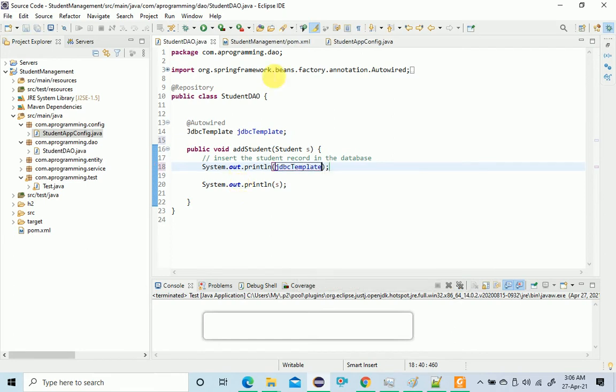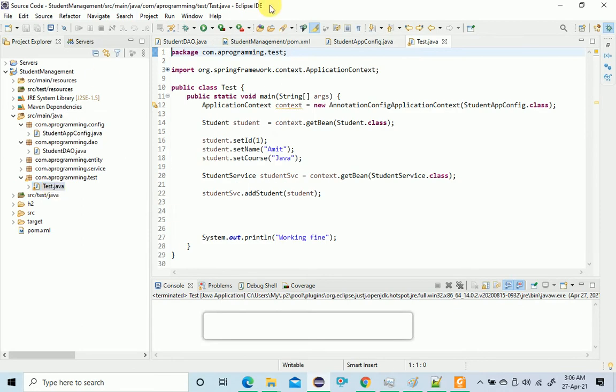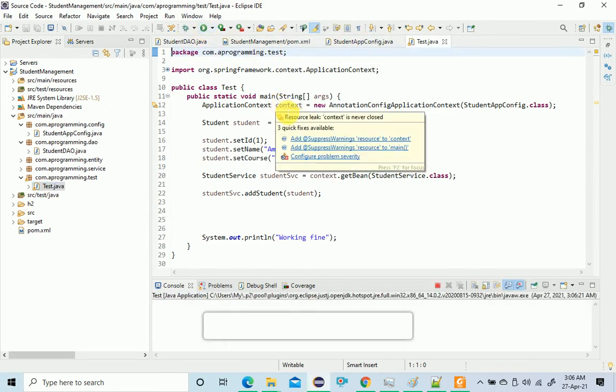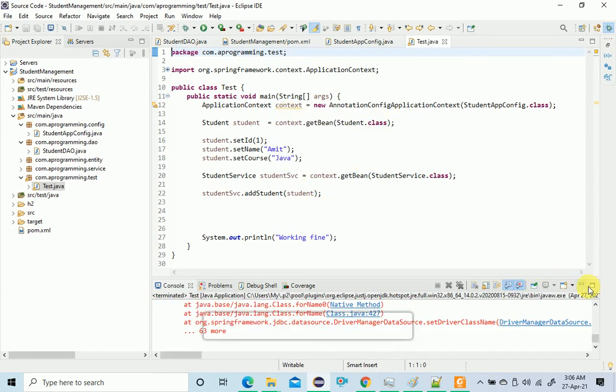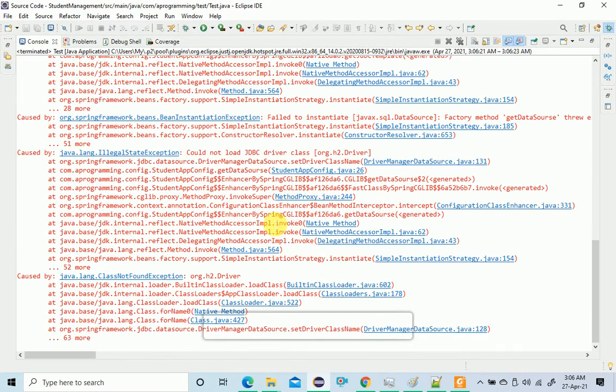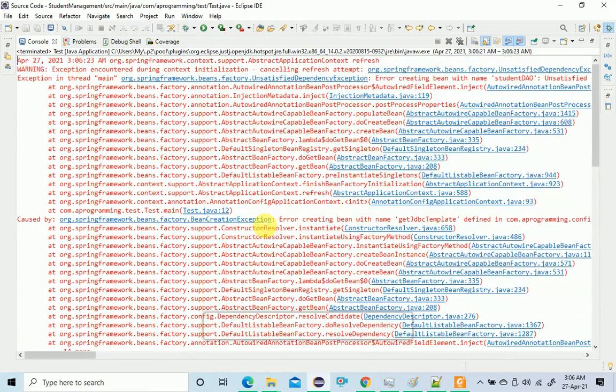Let me check first. If anything seems wrong, I have to change. From this, yeah, it's showing some error. Let me check what's the error. Exception. Okay,